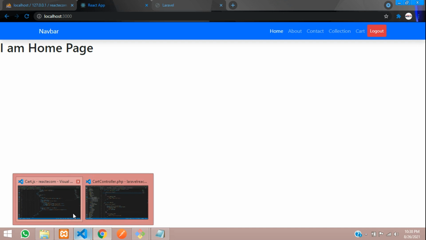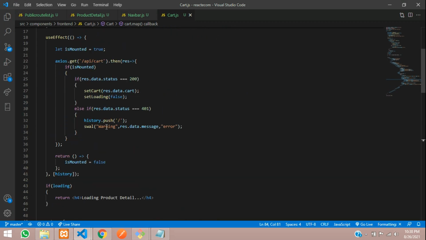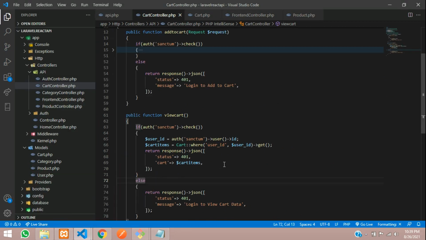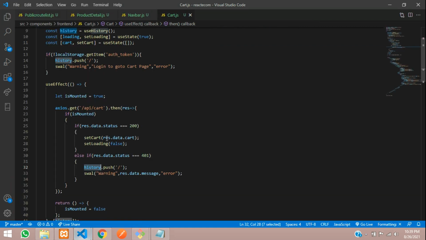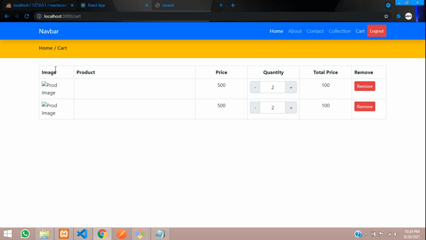Let's see why. Let's go back to our Laravel, and here we didn't set the status, so make sure you are adding the 200 status, or else you'll be redirected again and again to 401. Okay, so yep guys, let's go to cart, and perfect.